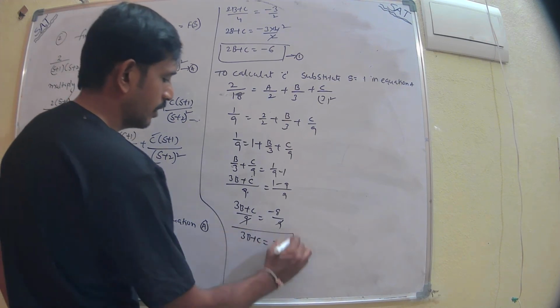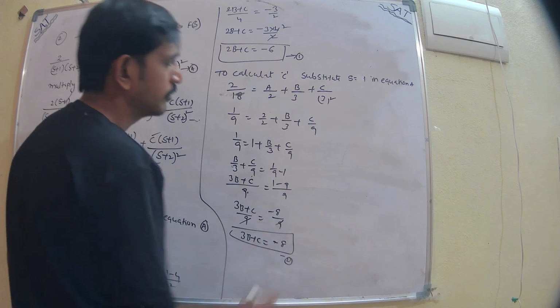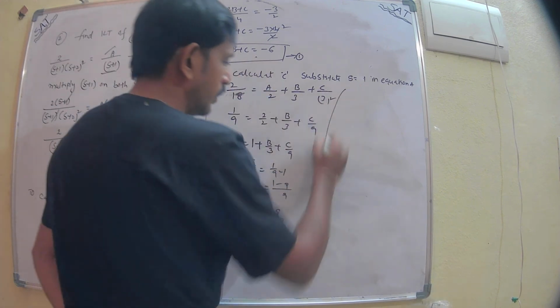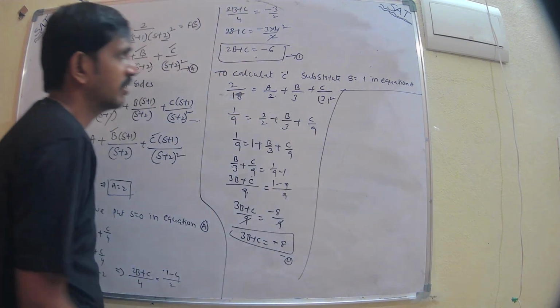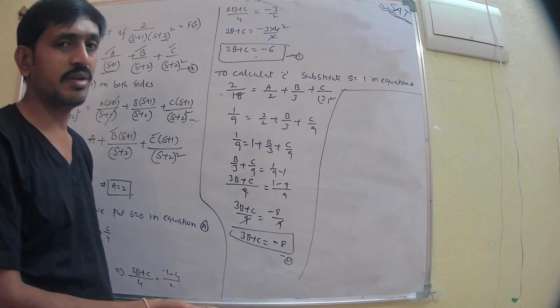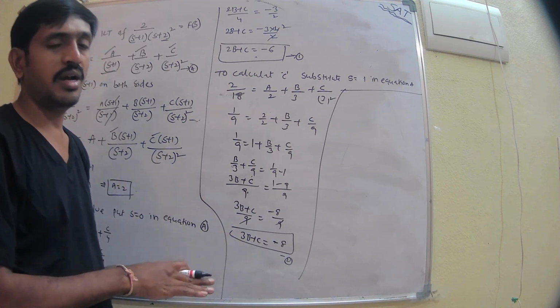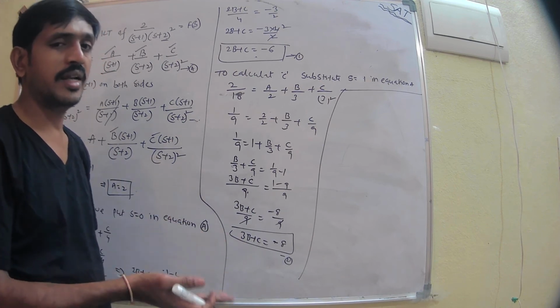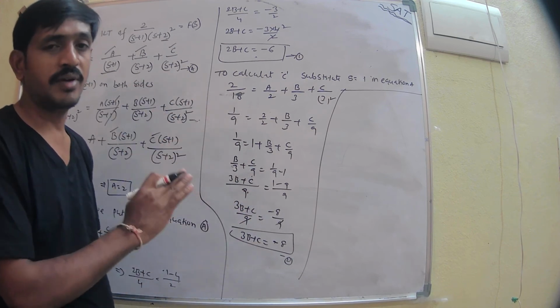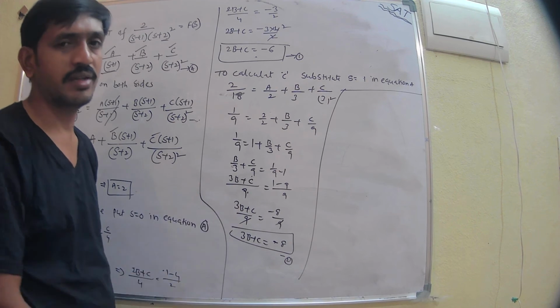This is equation 2. So we have two equations and two unknowns. We can subtract, because we have to cancel one unknown value. Then after cancelling one unknown value, find the other unknown value. Then after calculating one unknown value, substitute that value in any equation to get the other value.